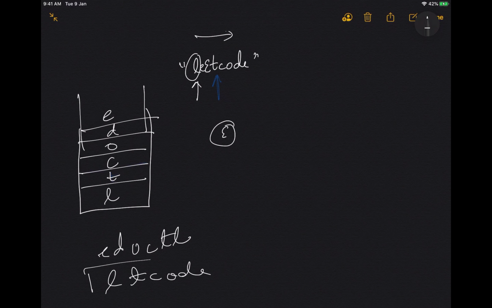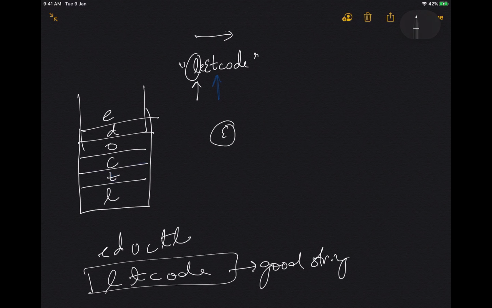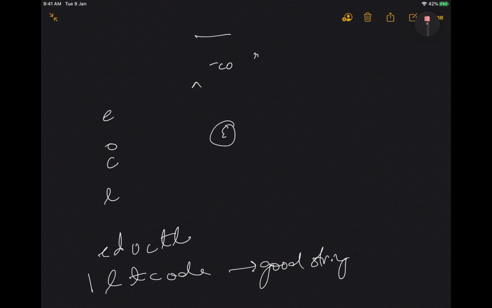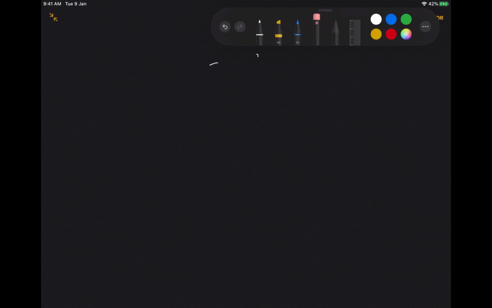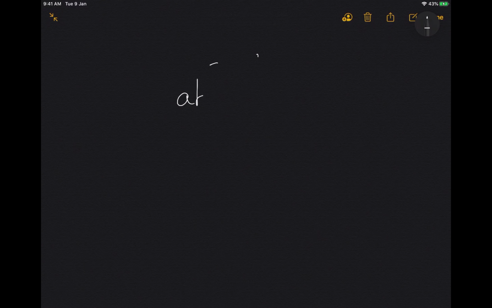Let's take one more, a complex example, where we have a, small b, capital B, capital A, small c.